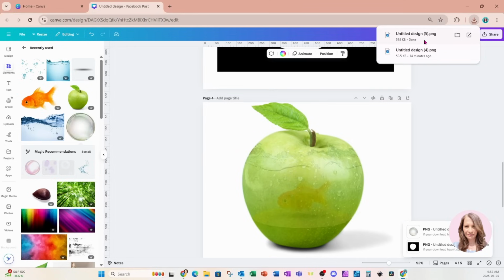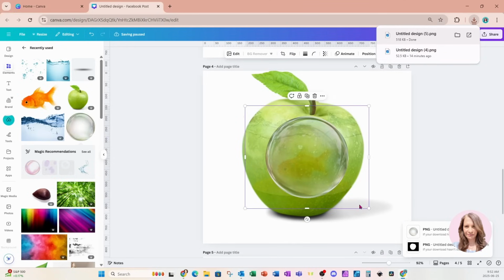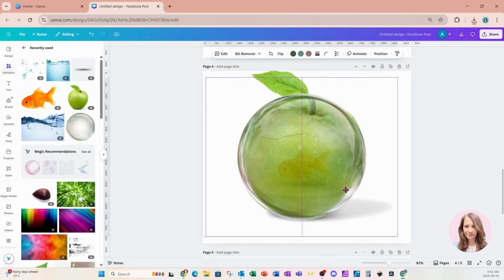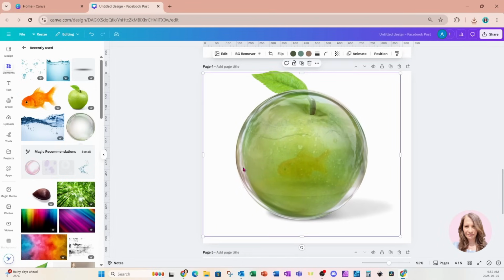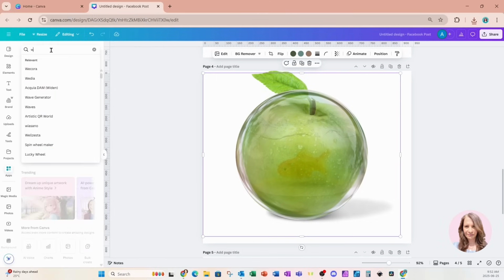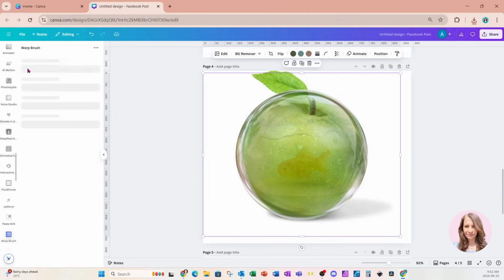Okay, so there that is. I'm going to grab that droplet and bring it back in. So here it is. And now I'm just going to try and resize it to make it a similar size as my apple. We're now going to go into our apps and search for an app that warps. This is the app that I'm going to use. It's called Warp Brush. So I'm going to select that and use this option right here